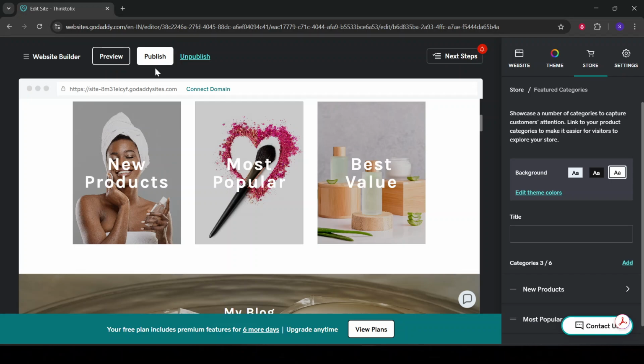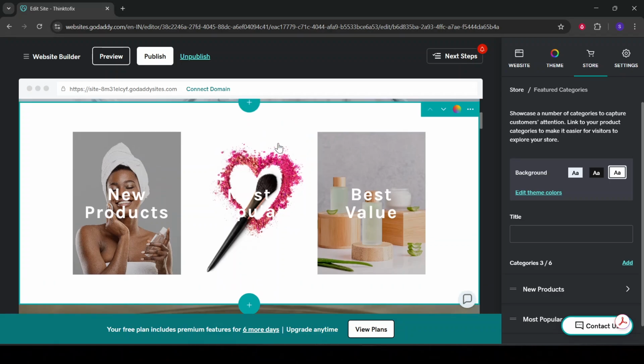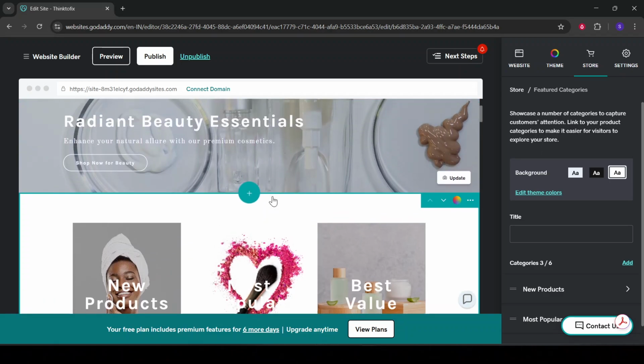And there you have it. You've successfully added a text box to your Godaddy website builder site. With this new capability, you're one step closer to a stunning,